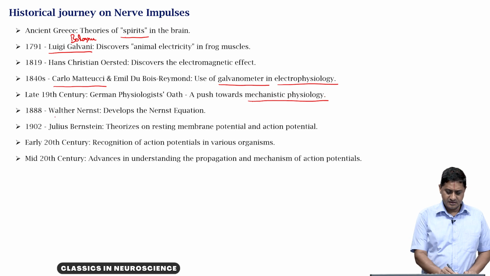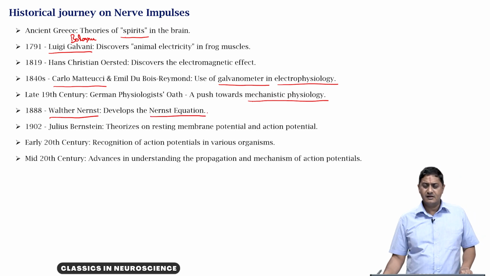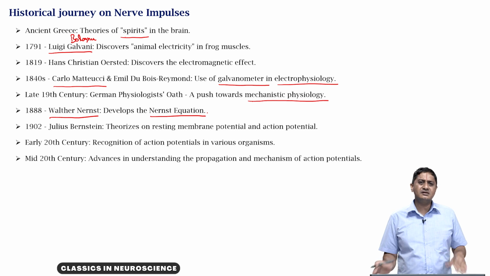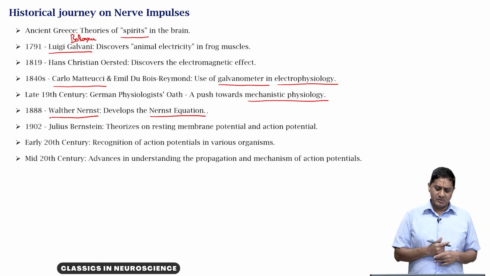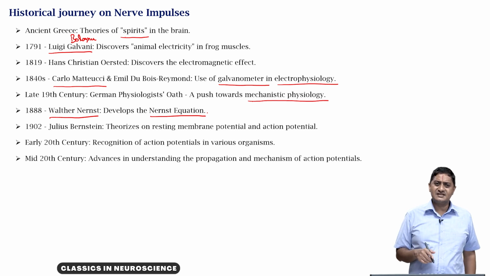In 1888, Walter Nernst developed the so-called Nernst equation, which described the potential difference that must exist for a given ion to not move across a semi-permeable membrane. The details of this I am leaving for want of time, but I have described this in a previous video in a different course, the Nernst equation video, which my teaching assistants will share with you through the YouTube description and through forums.